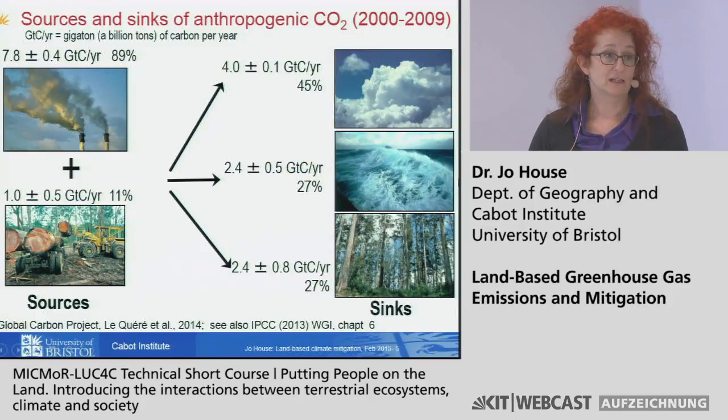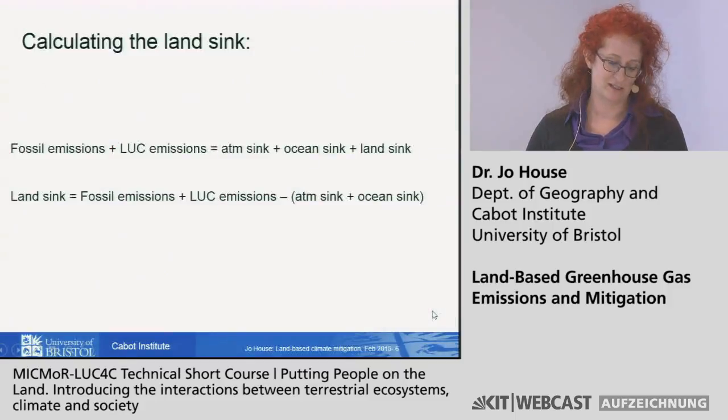We can measure very accurately what the concentration of CO2 in the atmosphere is, so that's known quite well from actual atmospheric measurements. The ocean uptake was largely based on models a few years back, but now there's increasing amounts of ocean measurements, so that number now has quite a strong observational basis as well as models. And this has been the kind of what we don't know. And so it's calculated as the residual of all those other terms. So if you had emissions equaling sinks and you turn your equation around, then you calculate your residual sink from the difference between the fossil fuel and land emissions and the ocean and atmospheric sink. And then you come up with what your land sink is.